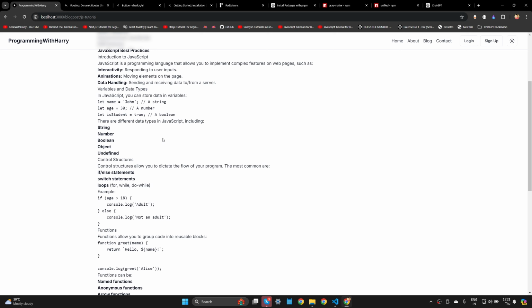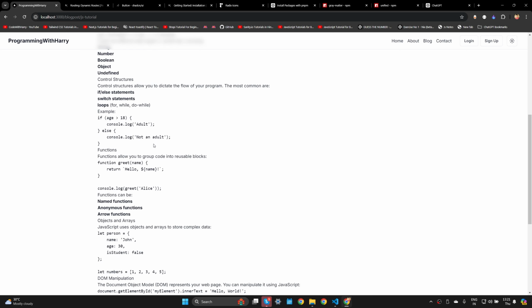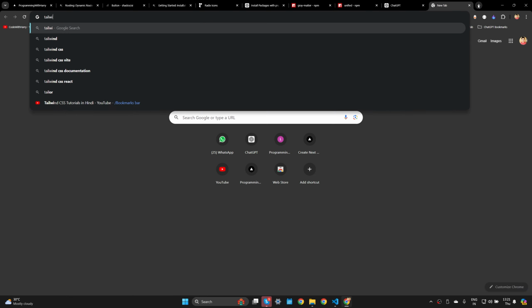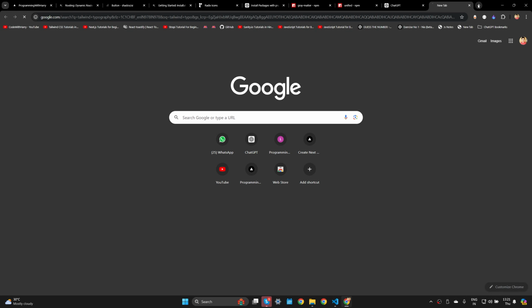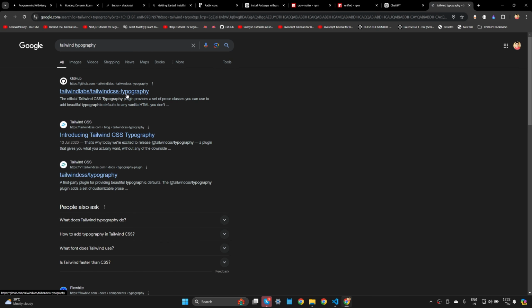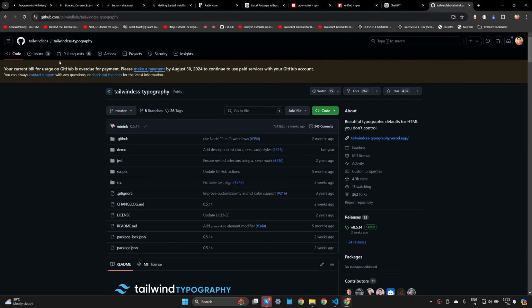But the problem is that Tailwind CSS is not styled by default. How do we solve for this problem? There is a very easy solution to this problem, and the solution is Tailwind Typography. So if you have never heard of Tailwind Typography, let me tell you what it is. So Tailwind HTML is not styled by default. If you want to style Tailwind by some basic CSS, then you will have to